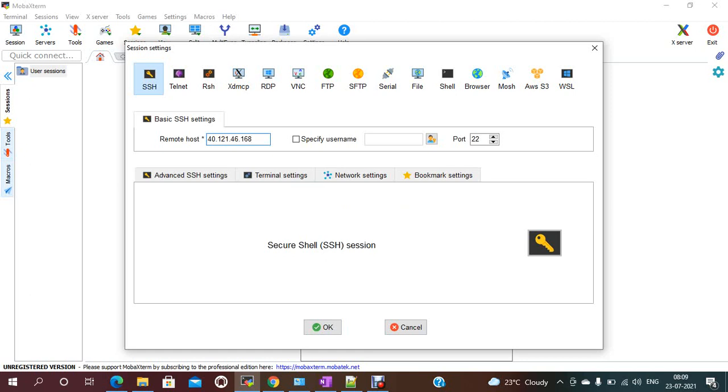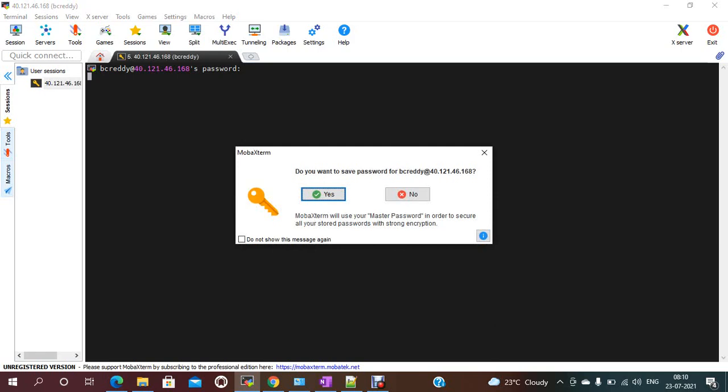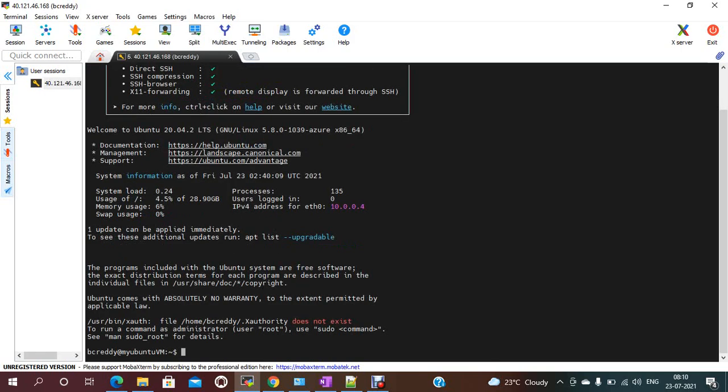This is the user I have provided, right? So I just need to provide the user. Now I'm able to log into the virtual machine, the Ubuntu machine.